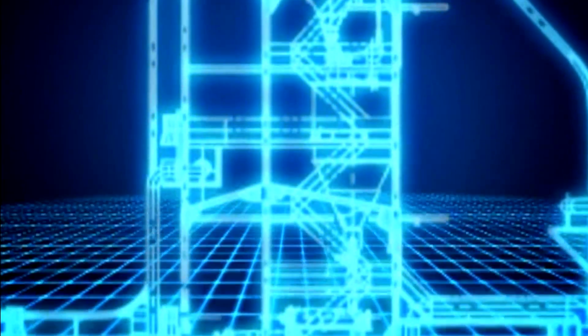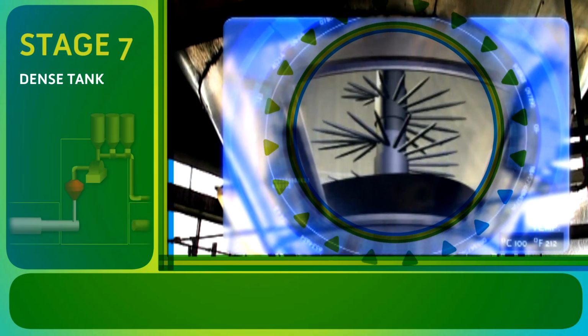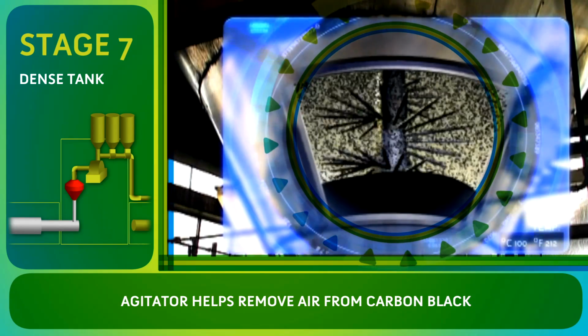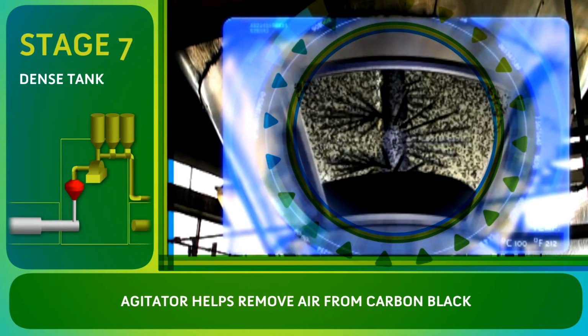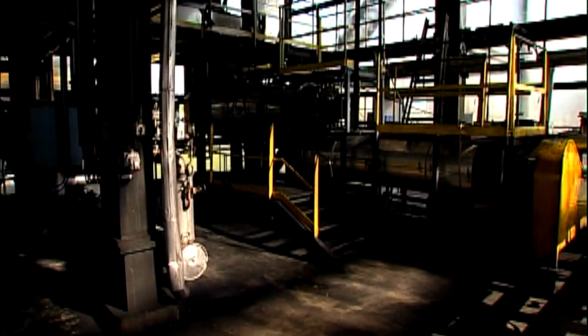The carbon black drops out of the pulverizer into a transition or surge tank called the dense tank. As gravity settles the carbon black, a slow-moving agitator helps remove air from it. Next, the carbon black is fed from the dense tank and conveyed to a mixer known as the wet bead machine. The beaded product is a much better form for conveying than powder and is easily stored, packaged, transported, and